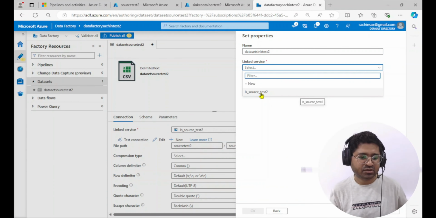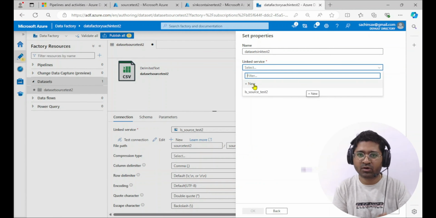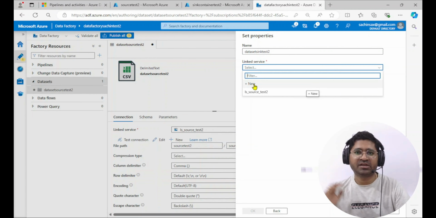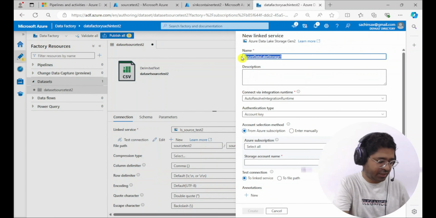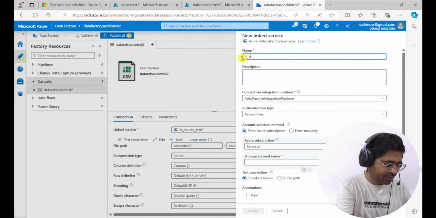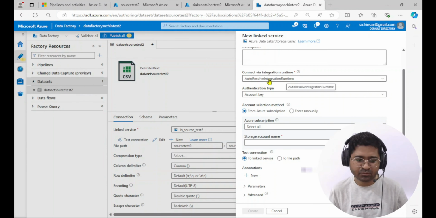Here you must choose or you must create another linked service. Why? Because if you choose the same linked service, it will ask the same storage, same directory, same container. So I'm not going to select the source path, but my destination is entirely different. So I'm going to click new. Here I'm going to use the ls_sync_test 2, and I'm going to select auto resolve one more time,